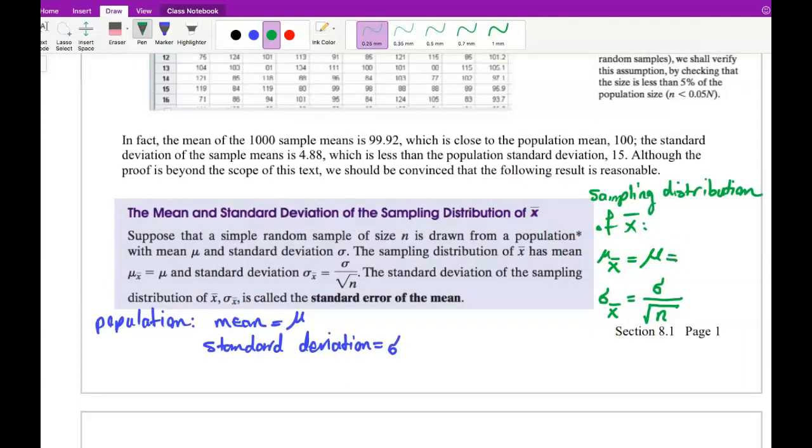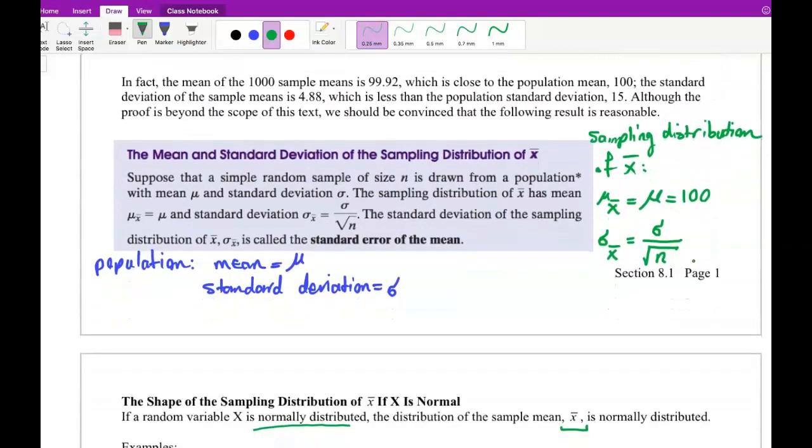The population mean is given as 100, which is equal to the mean for our x bar, so it's equal to 100. And here on this part, the standard deviation for the sampling distribution is